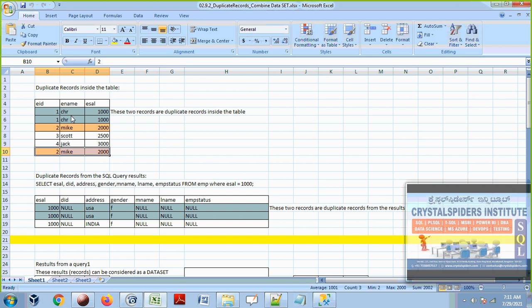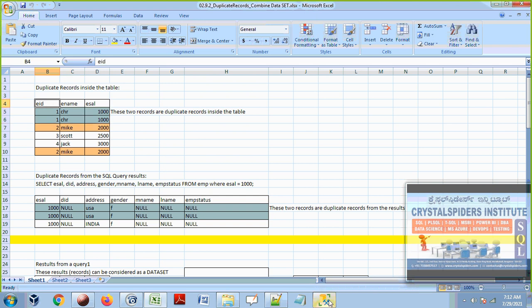That means 2 records are repeated more than once. If the record is there 3 times or 4 times or 5 times, then still we can say that is a duplicate record. I can simply say here how many duplicate records are there? 2 duplicate records are there. That means 2 records are repeated more than once. That's why I am going to say 2 duplicates are there. Okay, this is fine. And this is one thing, guys.